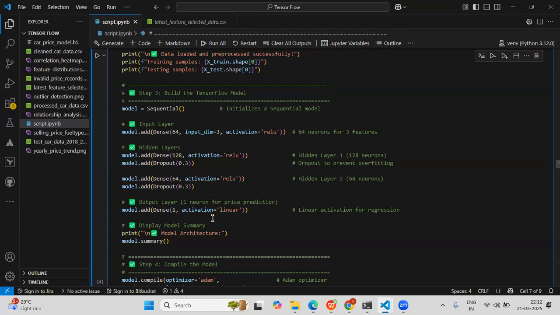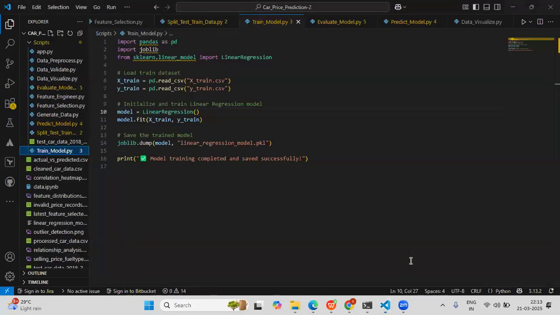Basically, this will display the model architecture, including how many layers are involved, how many neurons each layer has, and the number of trainable parameters and non-trainable parameters.